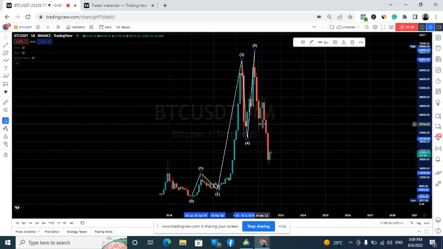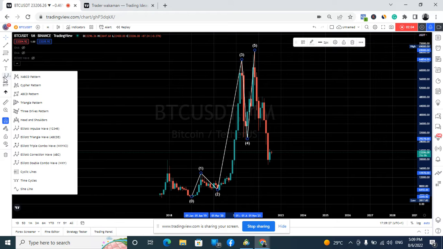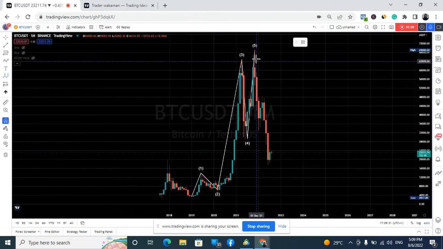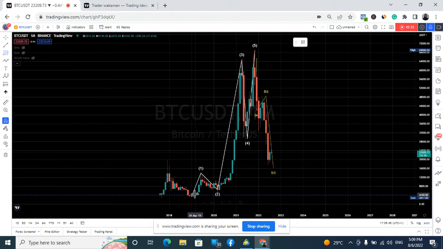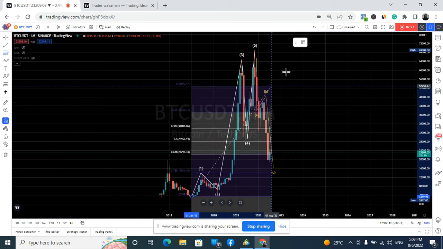And this bearish sign shows that this is a correction of the wave, showing something A, B, and C. And if we take a Fibonacci retracement, we see that from this zone, we're expecting the market to take